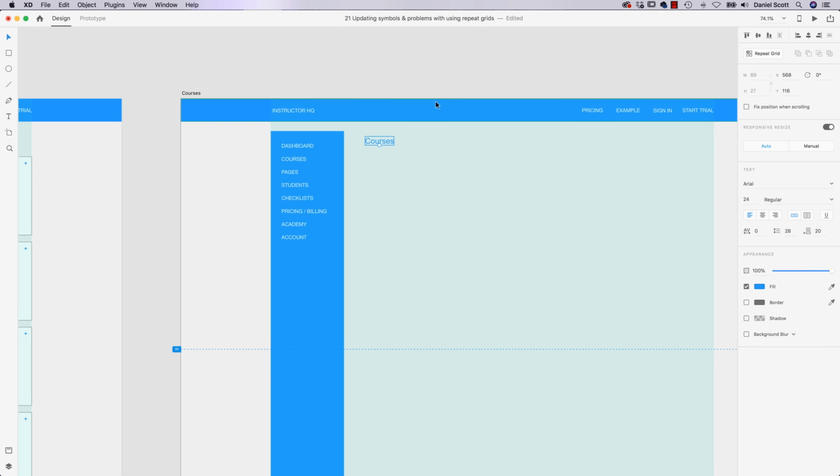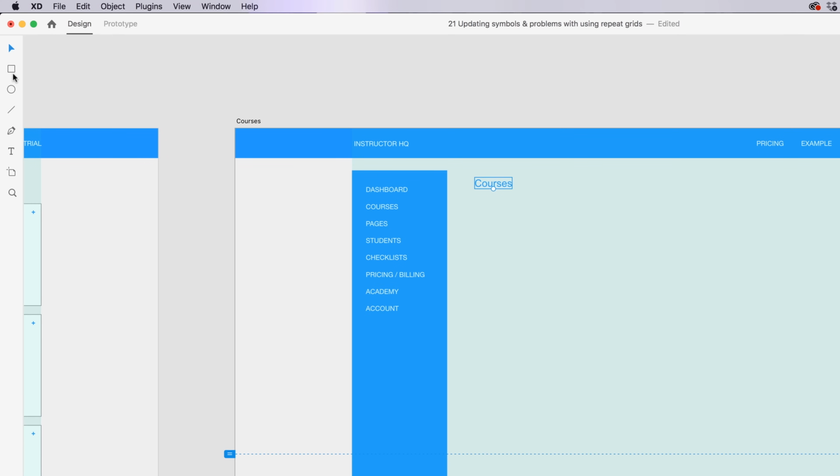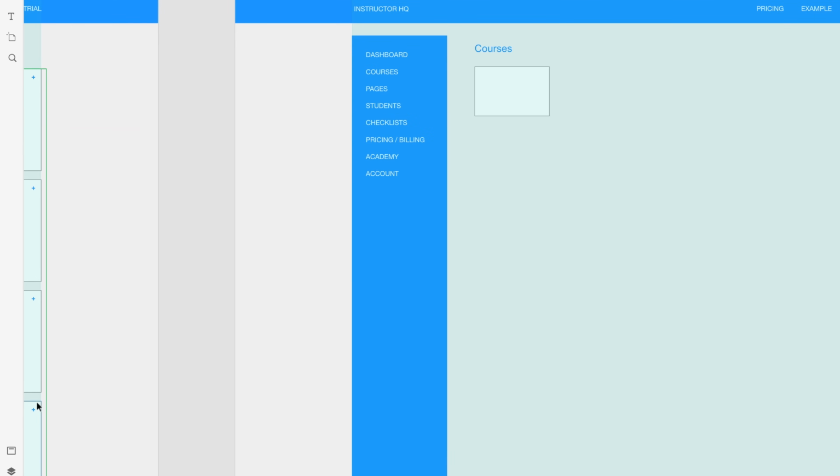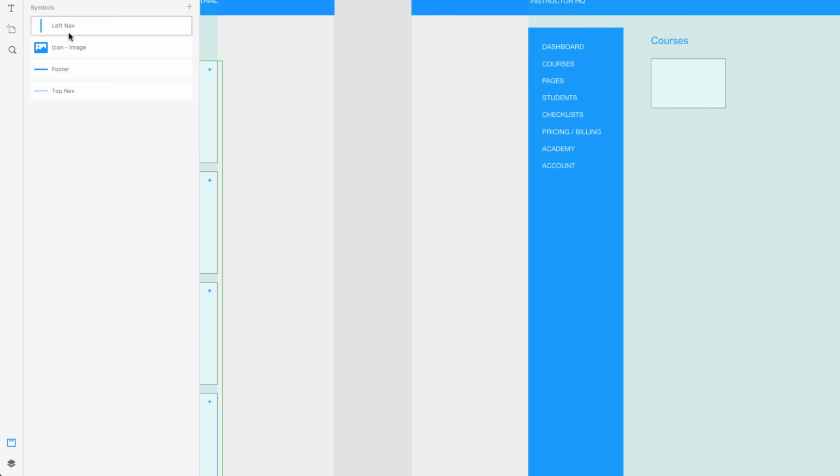Now I'm going to show you a couple of issues that you're going to run into. You might have already run into them already. So I'm going to create like a little repeat grid here. The first thing I'm going to do is just draw a little shape for our placeholder video. I want it to be an image, like a little thumbnail. So I'm going to grab the image and we might have it in our assets panel. We do there, icon image. I'm going to drag this out. It's a bit big and I want to shrink it down, and that is going to run into our first